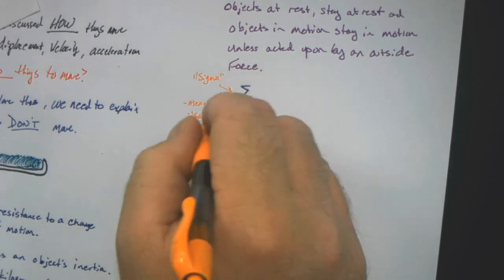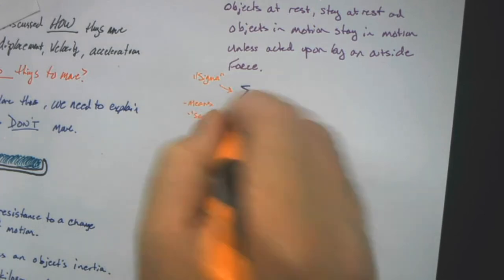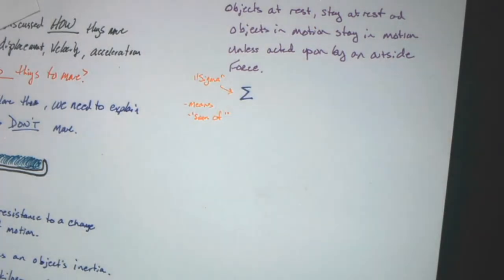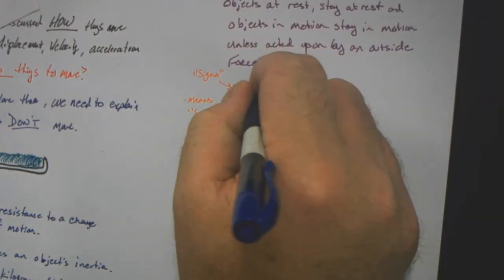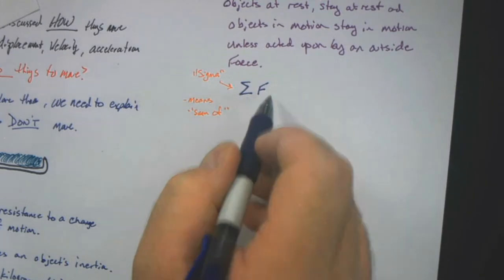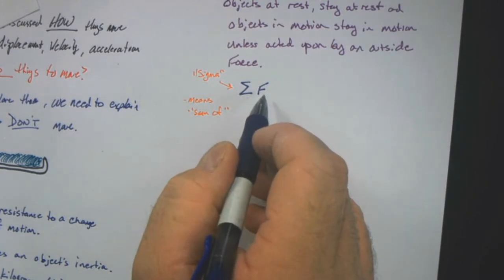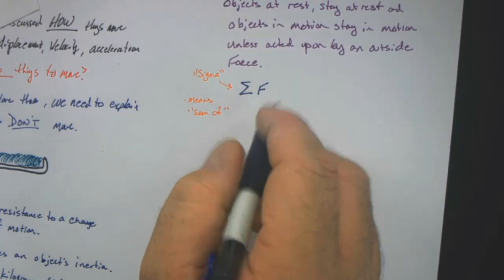So if I write the sigma and then I put this F here, this means the sum of the forces acting on an object